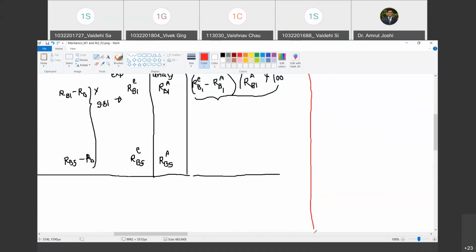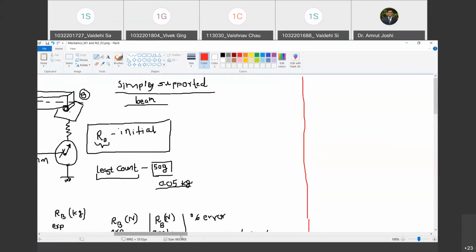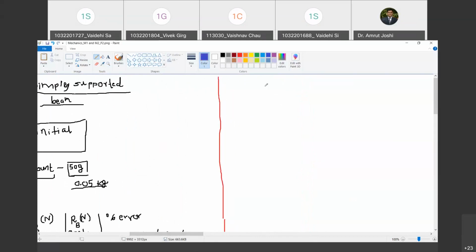In the second part of this experiment, we are going to deal with something called a compound beam. Are you with me? Yes, sir. So how does a compound beam look? Unlike the first case, here we are going to have two beams such that this beam is supported by a hinge support on one end. On the other end, it is supported by a roller support. Happy? Yes, sir. But this roller support, instead of resting on the spring balance like the first case, rests on another beam. Are you with me? Yes, sir.